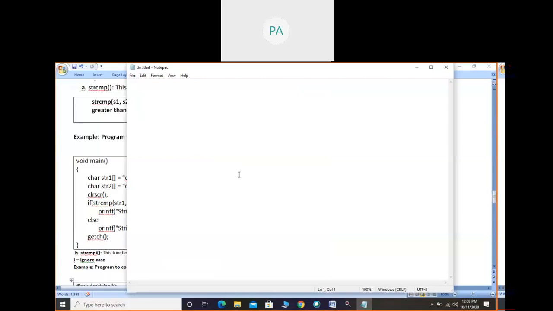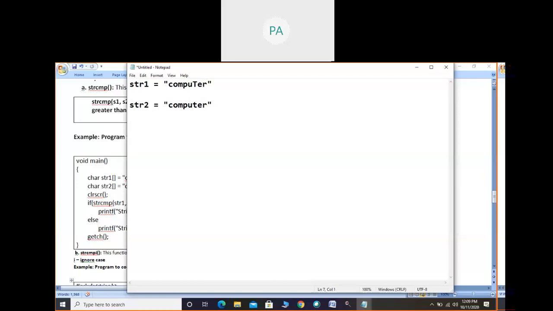See, so the first string is COMPUTER. Just a minute. So this is STR1. Next, the string STR2 is equal to COMPUTER. So this is the second string. Fine.